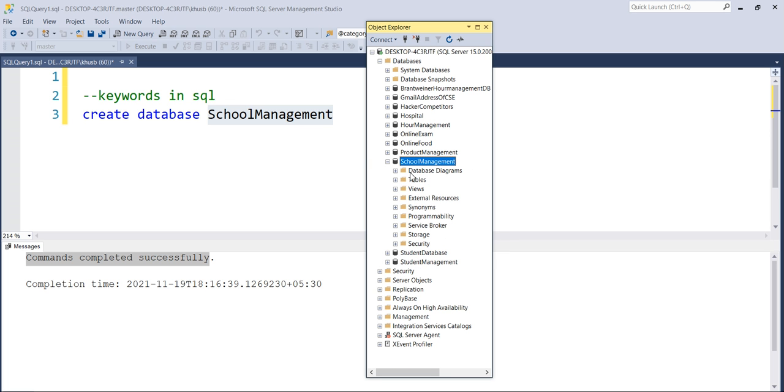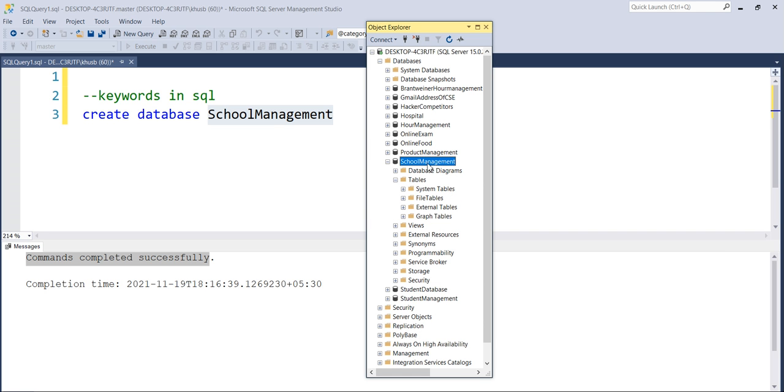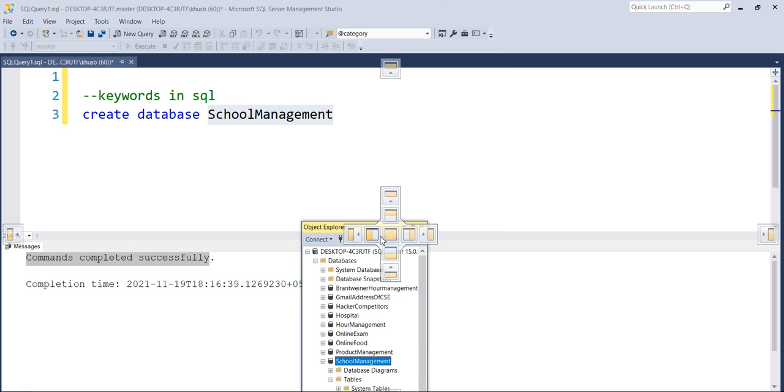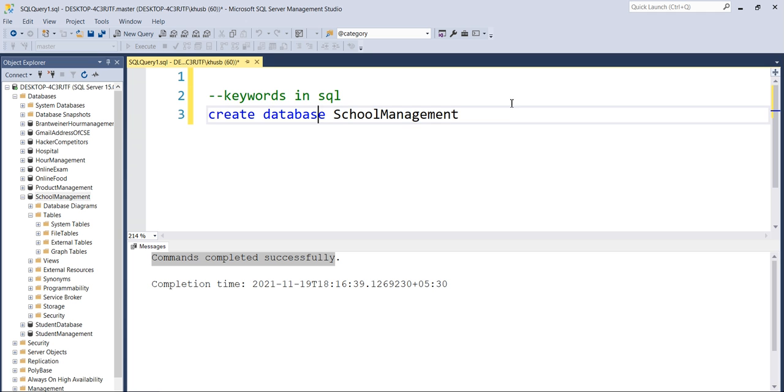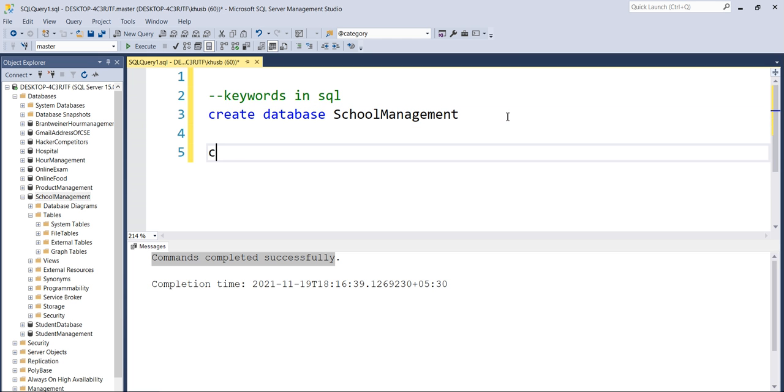This one is our school management, and when I expand this table section, we can clearly see that there are no tables present in this database. So now let's again use the same create command to create a table. For that you need to write create, and this time I want to create a table, so I will write create table.